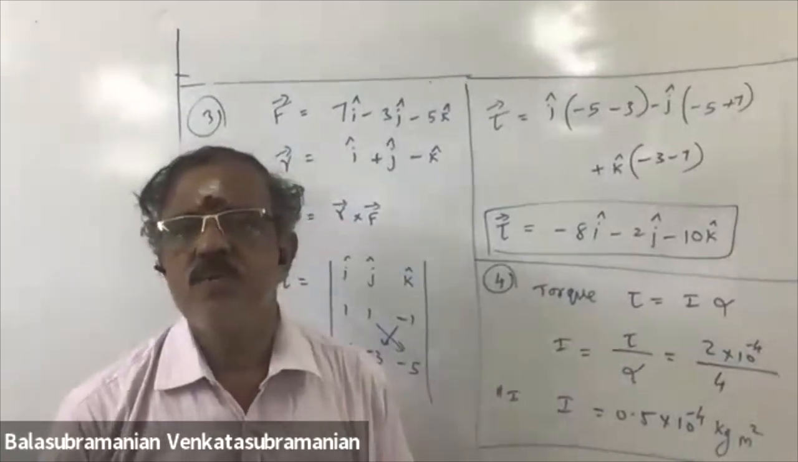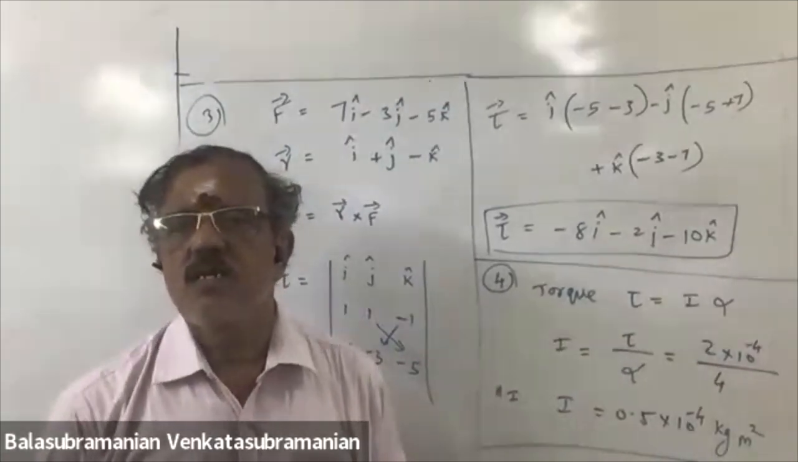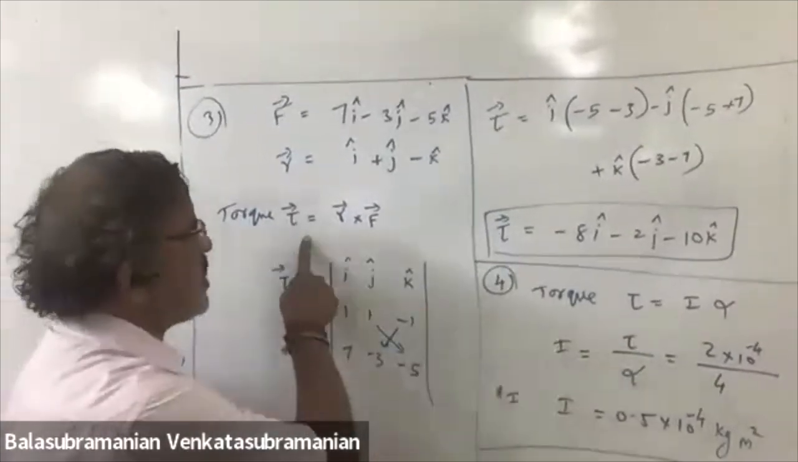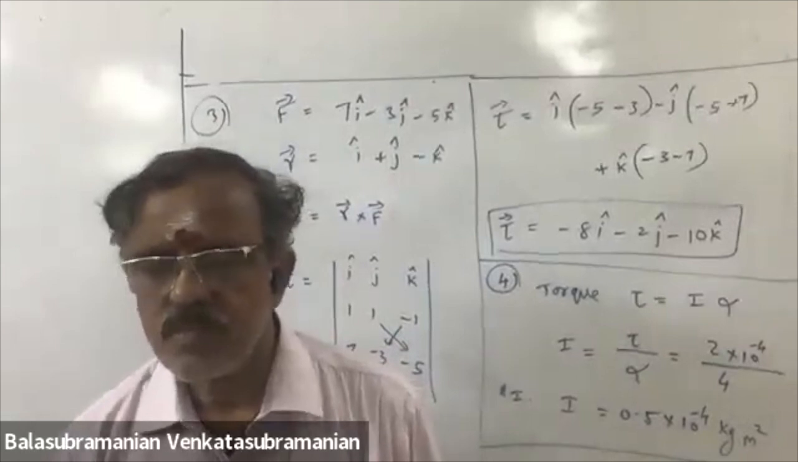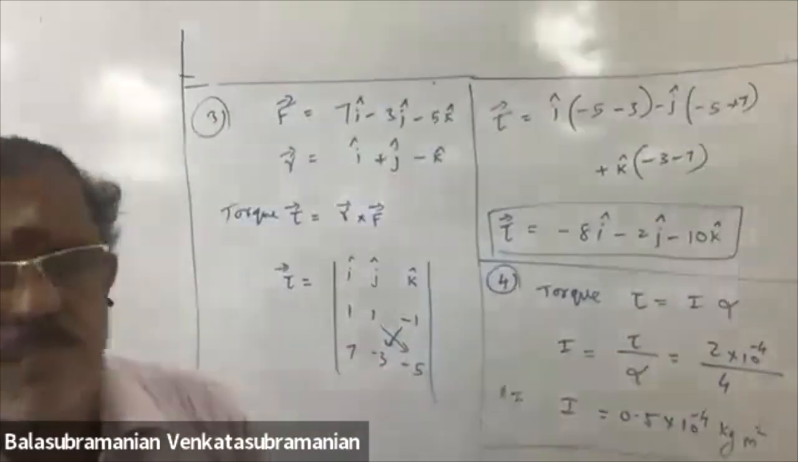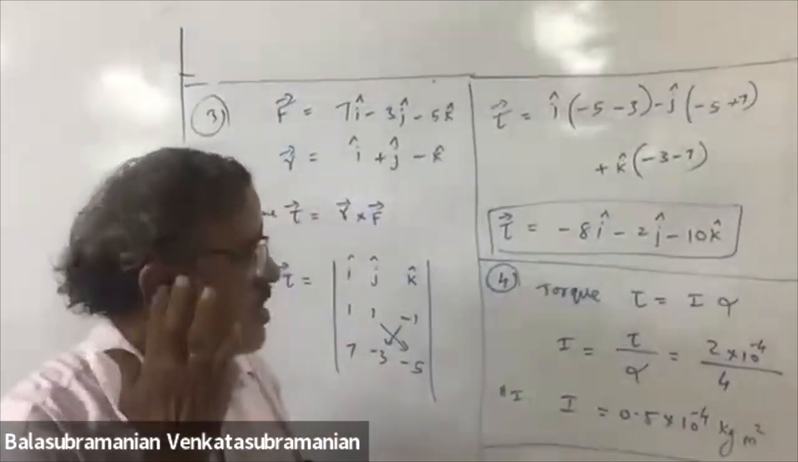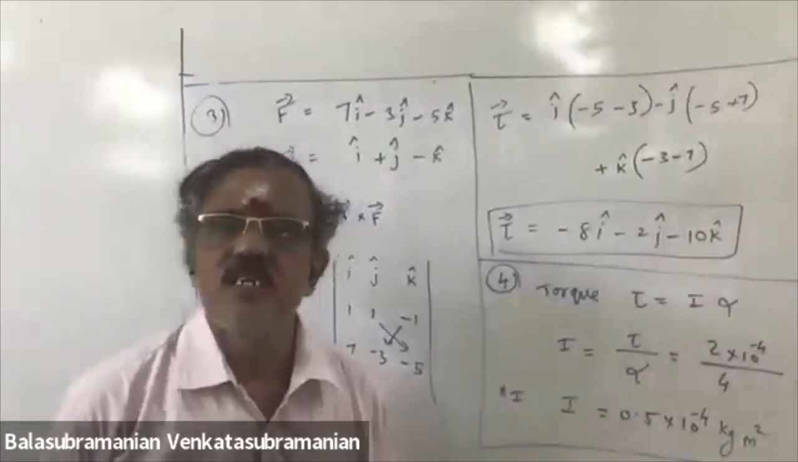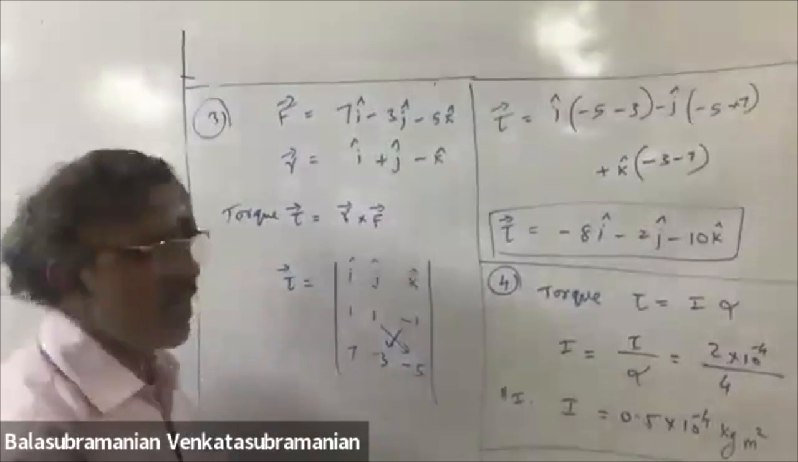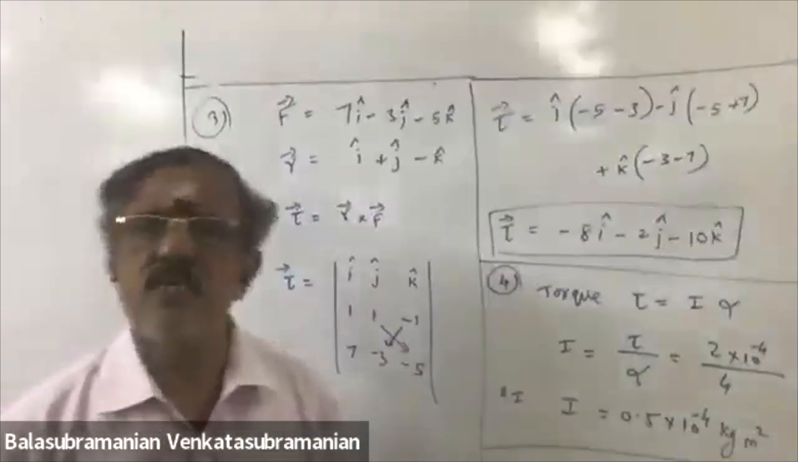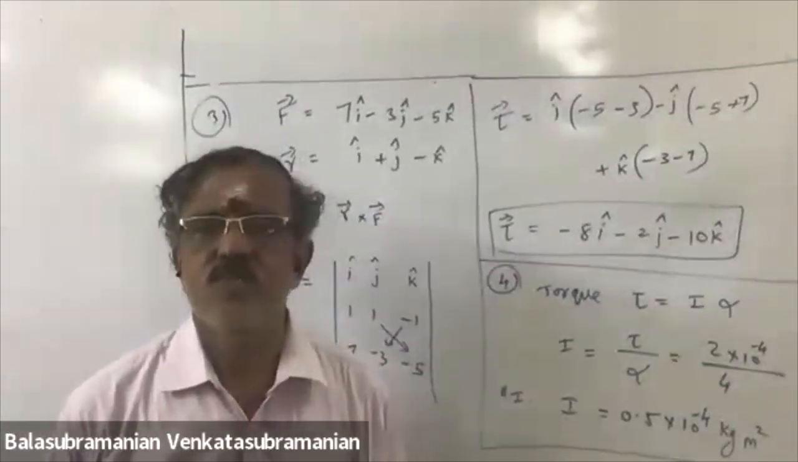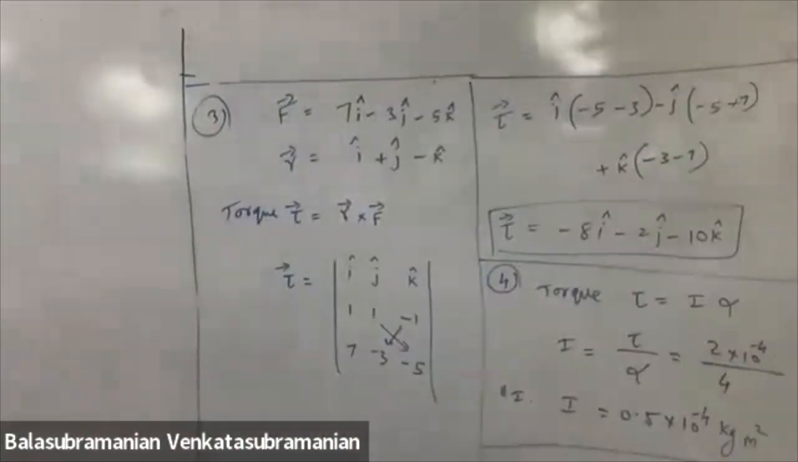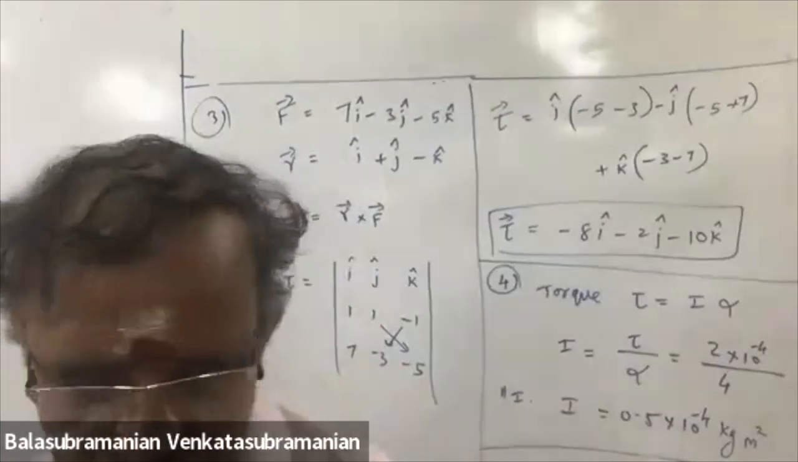Straight problem. Torque with moment of inertia and angular acceleration. One more formula we have seen, torque is R cross F. Fourth problem related with the torque and the moment of inertia with angular acceleration. Third problem, torque related with force and displacement, R cross F. Both we have seen. Okay. Next,